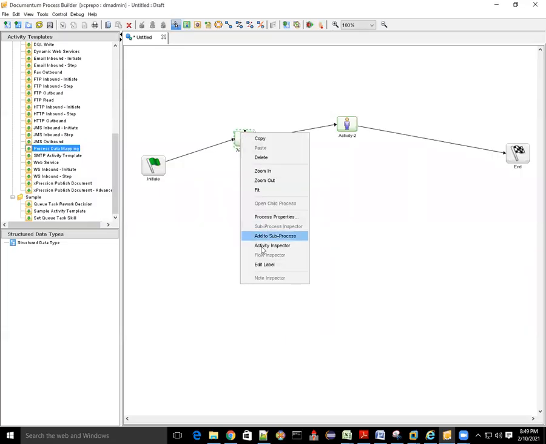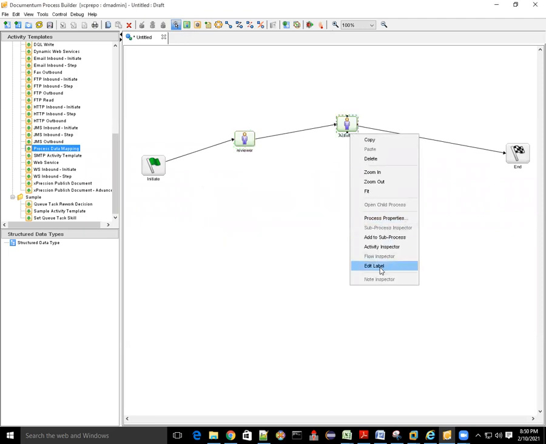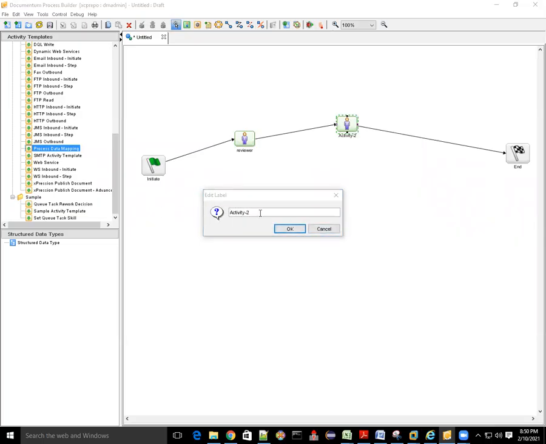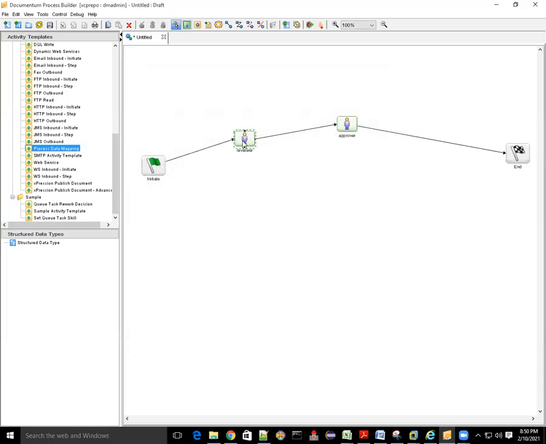Let's say make it review. Activity one or activity two is a label only. So reviewer, right click, edit label, approver, correct? See, in the workflow, initially you will go to the reviewer and then the approver, like this, correct? So just double click on it. By double clicking,